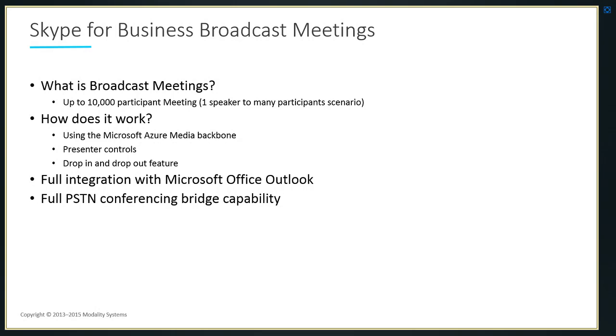Also, within the Microsoft Office stack, there is the capability and the technology behind the broadcast, where within an Outlook calendar appointment, if you selected a distribution list or a DL which has got over 250 participants, Outlook is clever enough to realise that not only is it a large meeting, but secondly it knows it has the capability to do it as a broadcast meeting, and you get a pop-up on the screen to ask you if you'd like to change the meeting from a normal Lync or Skype for Business meeting to a Skype for Business broadcast meeting, and utilise the Azure media backbone to do that transcoding.